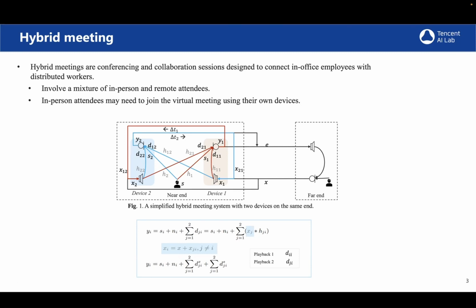Through this, the microphone signal for device i will be a mixture of target signal S_i, background noise N_i, and two playback signals. One playback signal is from the device's own loudspeaker to its microphone, and the other one is from the loudspeaker on the other device to the current microphone. Moreover, since the loudspeaker signal X_i is a mixture of foreign speech and signal transmitted from the other device, the microphone signal could be rewritten as this equation, where D_ji^X and D_ji^S denote the playback signal originated from the foreign speech